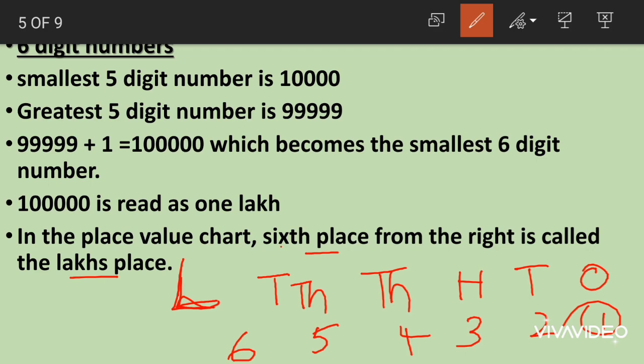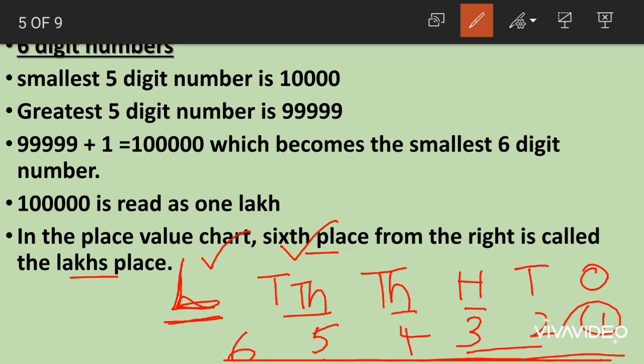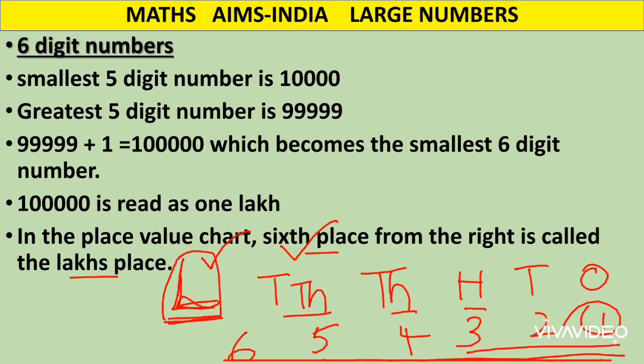See, children, here we are learning about another new place value. We have already learnt about 10,000s, which comes at the 5th place, and now we are learning about lakhs, which comes at the 6th place from the right on the place value chart. How many digits does lakhs have? Lakhs have 6 digits, 10,000s have 5 digits, thousands have 4 digits, hundreds have 3 digits. Any 6-digit number has lakhs as its highest place value.